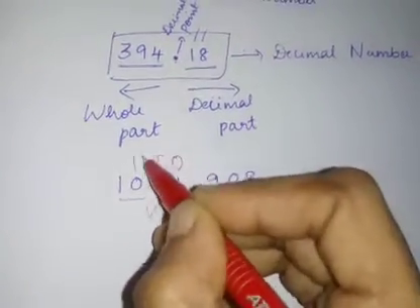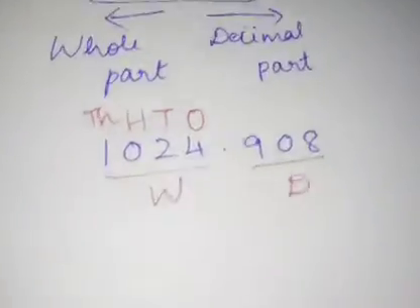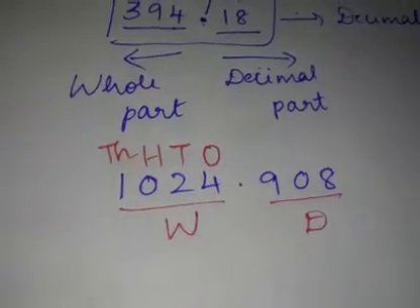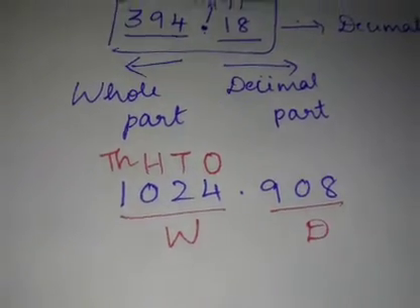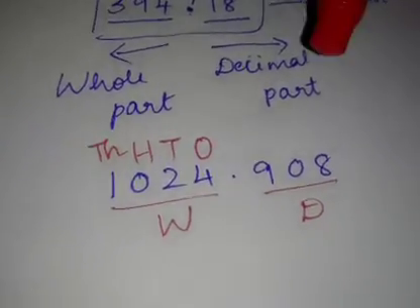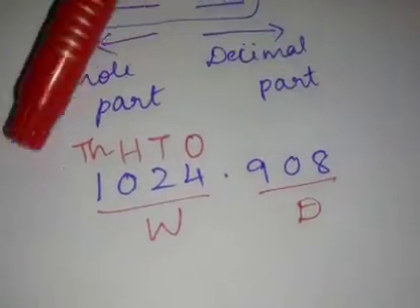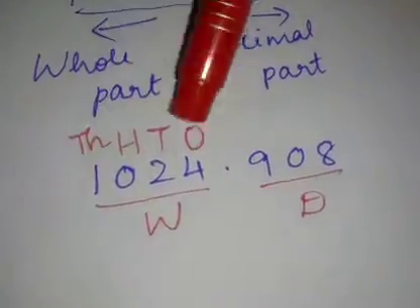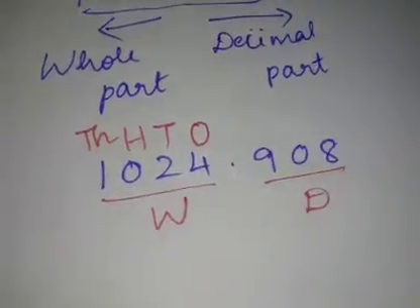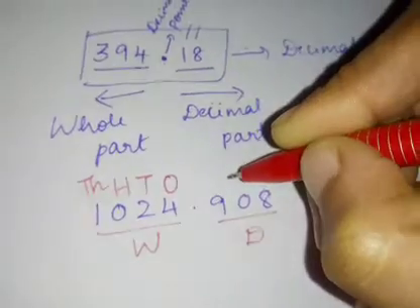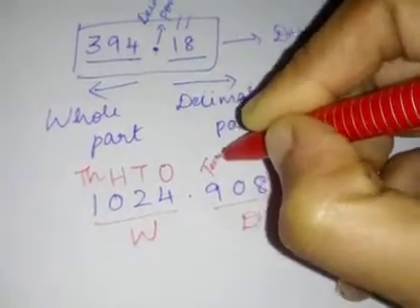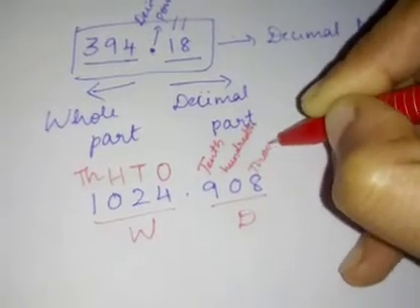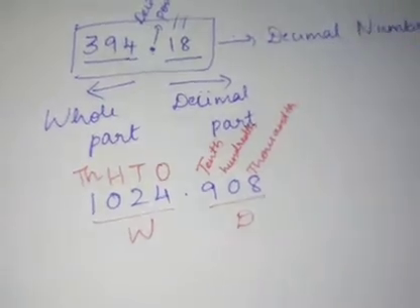Ones, tens, hundreds, thousands. As usual, ones, tens, hundreds, thousands. This is how you will represent the place value for the whole part numbers. Again, the decimal part should also be mentioned, because a decimal number is a combination of a whole part as well as a decimal part. So you should not stop at this; you should name this also, right? So here, what is the place value? Tenth, hundredth, thousandth. Just TH you are putting, okay?